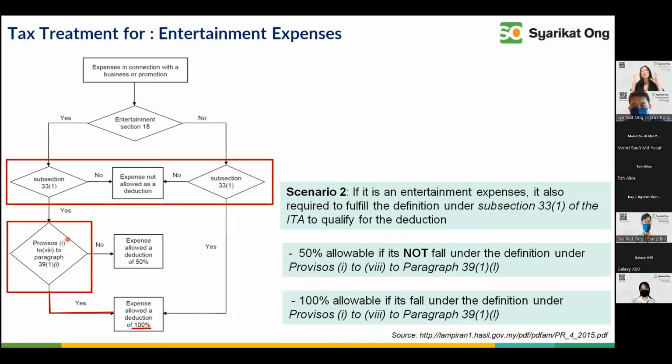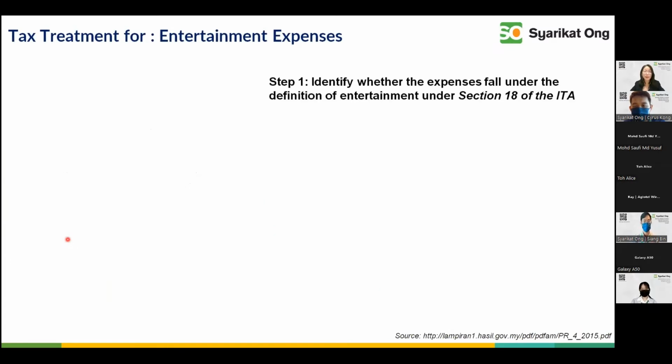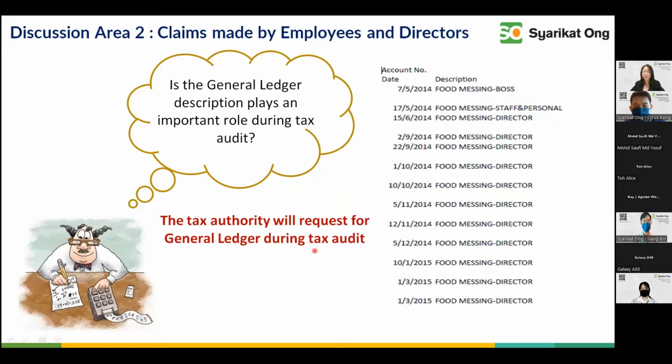So as a result, ladies and gentlemen, for the Inland Revenue to go through documentation, they actually have to go through like this. So how on earth do you think when they look at this document, they will be easily satisfied? And how can we as a taxpayer say, hey boss, you know lah, you have to give me deduction.